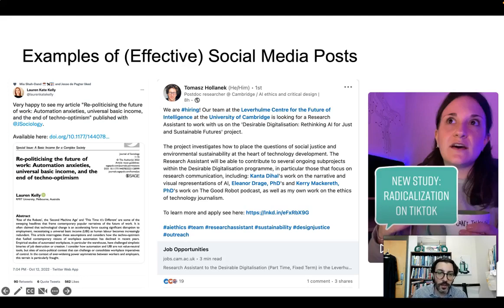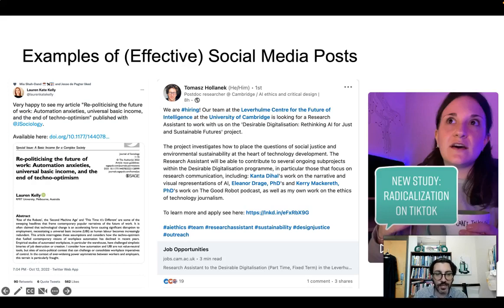The one in the middle happened on LinkedIn. And here you have someone who is advertising for a position at their organization, which is the University of Cambridge. And they provide a little bit more of a narrative about what the person that they're looking for would be working on. They tag people, which are indicated in the blue text, as well as the institutions themselves, which gives them an opportunity to know that this individual is sharing this information. They can simply reshare it because they're going to get notified that someone has tagged them. And then, of course, it provides a link, which is really helpful if you're applying for a job. You can click right to it.